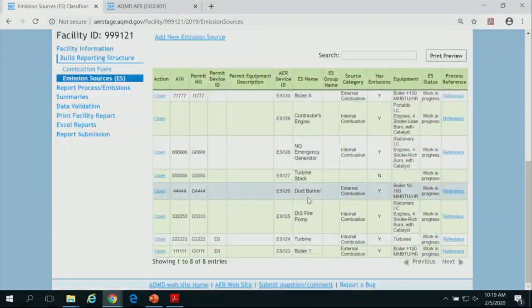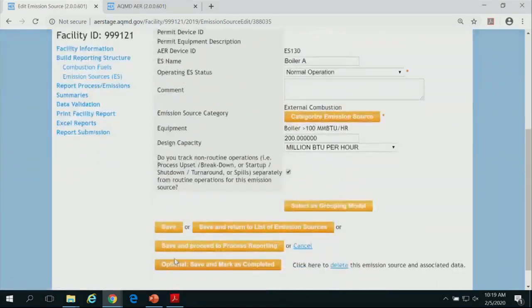Different people like to approach the report differently. Some people like to first set up their configuration. Some people like to set up a configuration for one device and report the emission so they just get it over with. Whatever your preference is, you can basically follow by clicking the orange buttons down here.